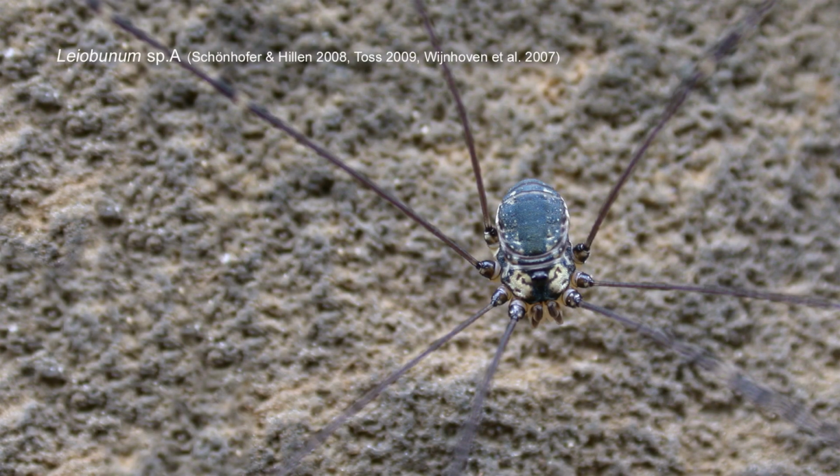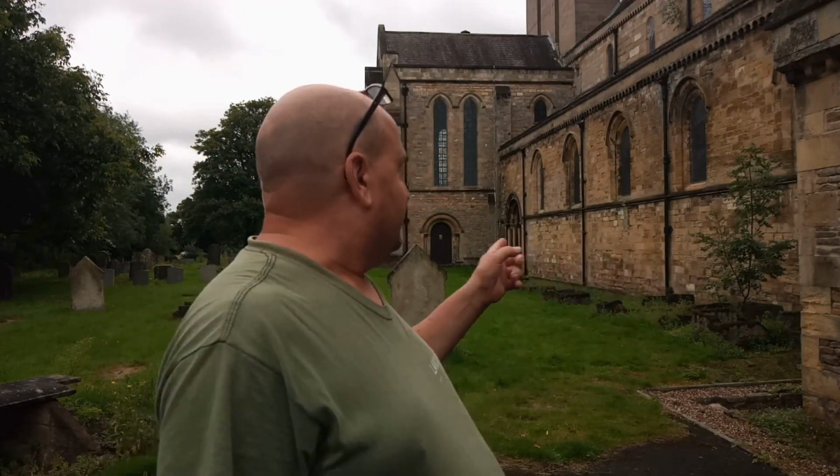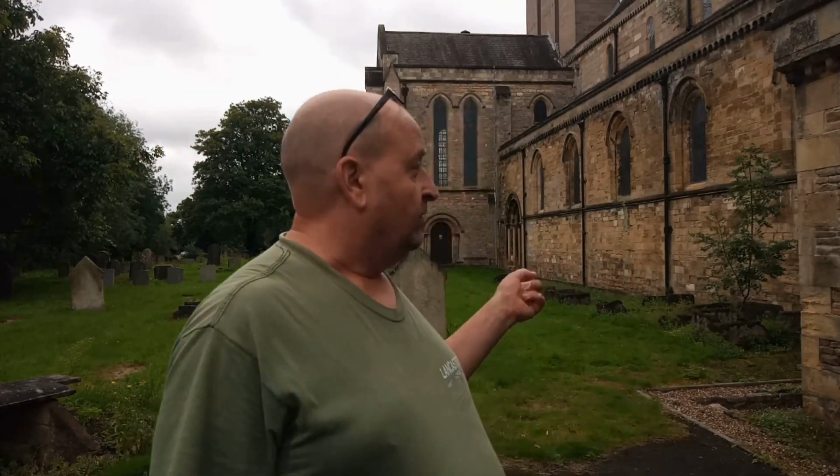I usually start these videos around the other side, on the southern side of Worksop Priory. This, of course, is the northern side, and typically Leiobunum species A, which is the target invertebrate I'm after today. This is the second survey of 2023, and normally it's small numbers on this side, but over the whole of Worksop Priory and the walls of Worksop Priory, the status and range of Leiobunum species A has changed over the